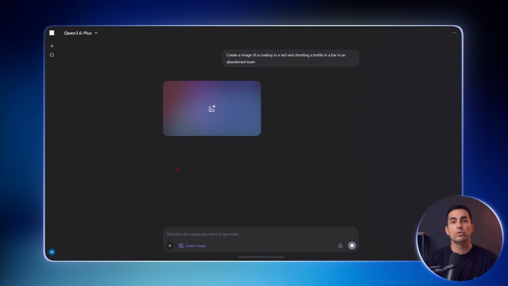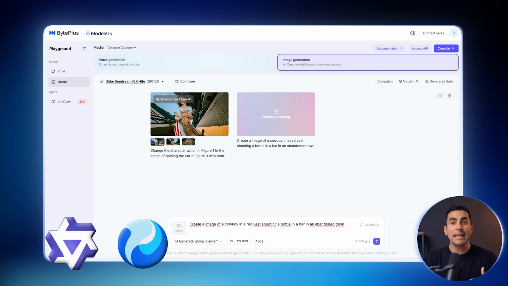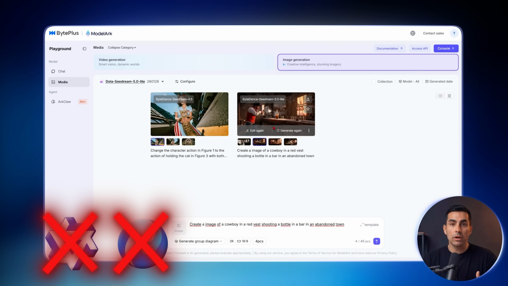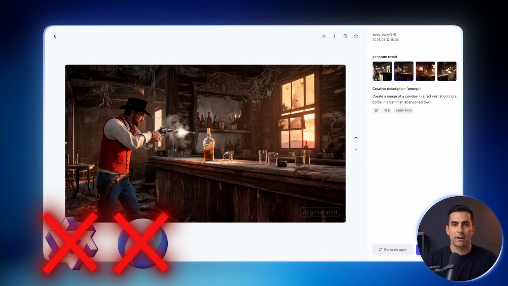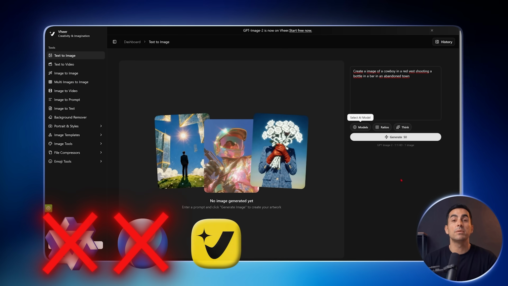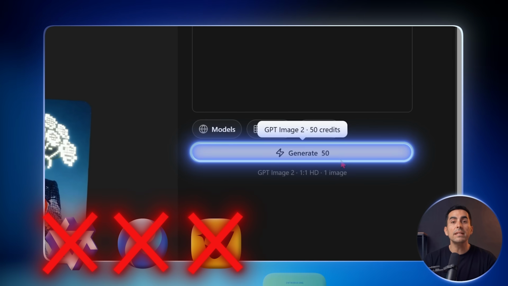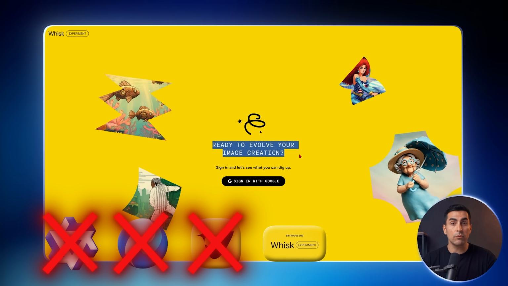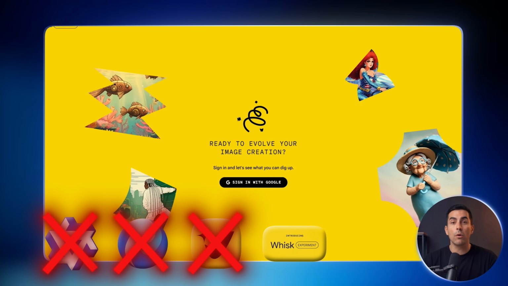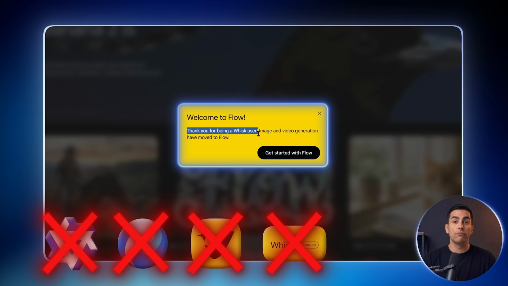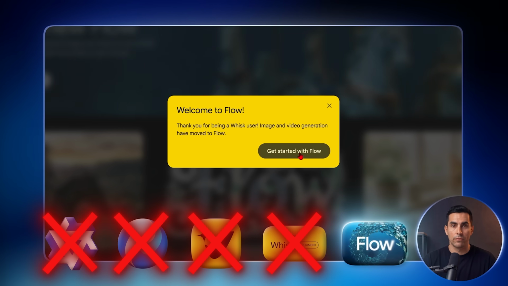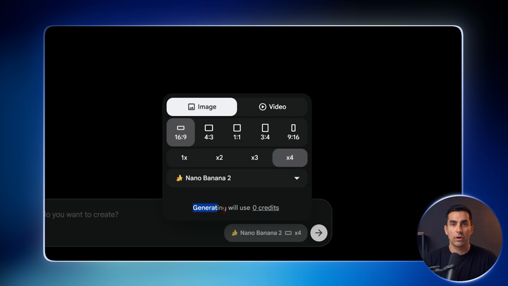I tested image tools from Qwen to Hunyuan, and the same problems kept showing up. Short limits or quality that was not good enough. I also tried Veo, but it was not the free route I needed. Whisk looked like the answer because it used to be great for reference images, but that route was gone. I kept looking, and the real solution ended up being Google Flow. Inside Flow, I could use Nano Banana 2, and with the correct setup, the generation showed 0 credits.